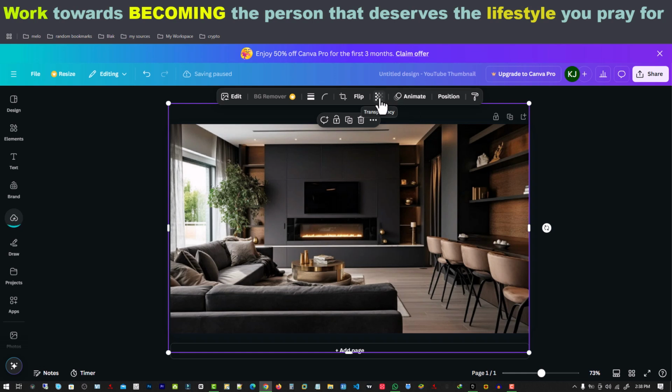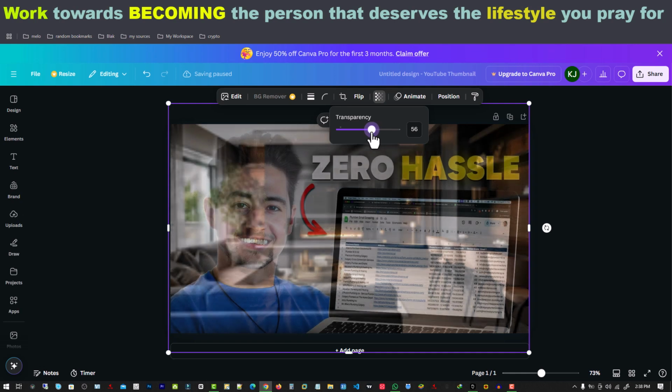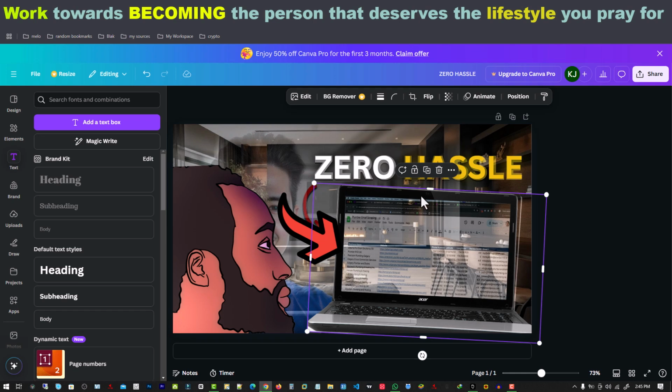The next thing I want to do is reduce the opacity so I can still see other things that I need to import into my image. According to our template, the next thing we are going to need is a laptop. So I'm going to go to Google and do the same thing. I'm going to import the laptop. I'm going to get this arrow and I'm going to get an image. I'm going to pause this video and do all that so I don't waste your time. As you can see, I now have the head,